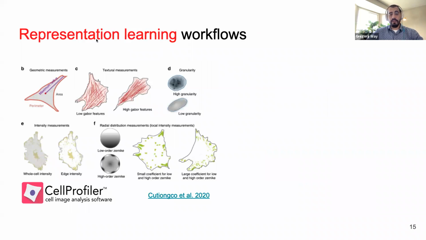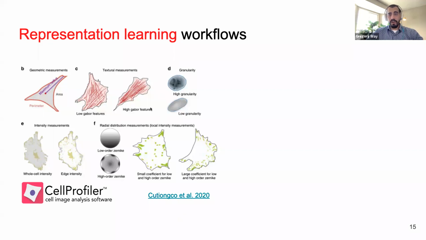So just to discuss more about representation learning, one of the challenges in analyzing microscopy images of cells is there isn't a standard dictionary of features that you can extract from cells, like there is maybe for molecular readouts. So the Human Genome Project produced the sequences of all the genes in the genome. And so now we have those genes that we can hang knowledge on. We don't necessarily have that for cell images. We have things that are kind of close to it, but there are still lots and lots of challenges that is too much to discuss in this one slide.